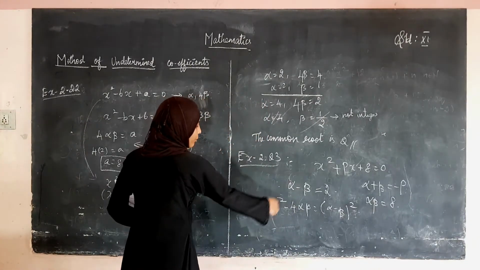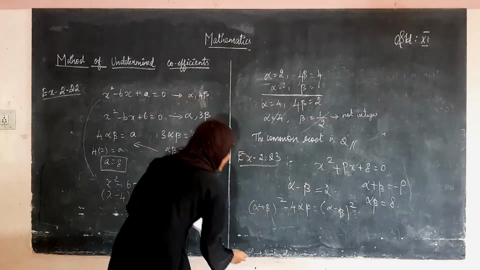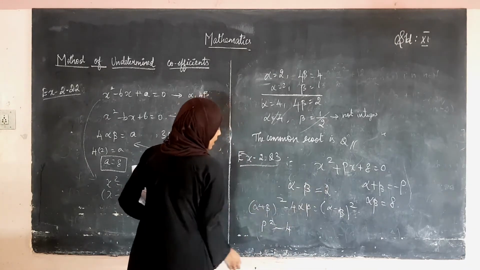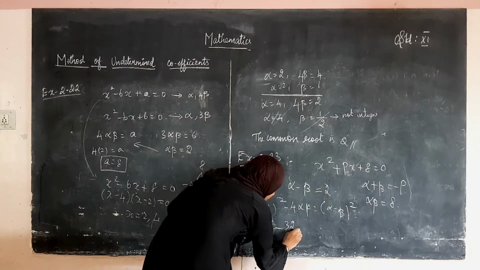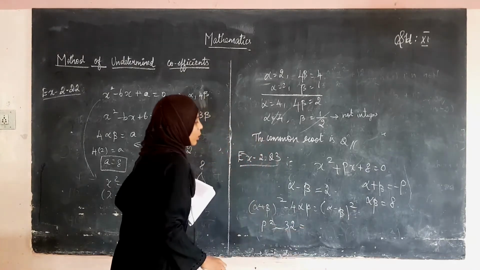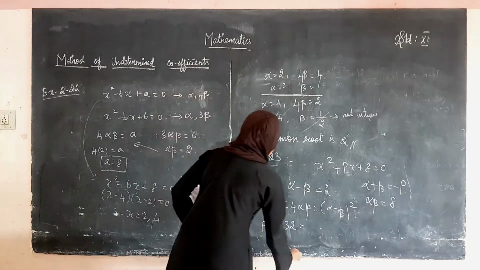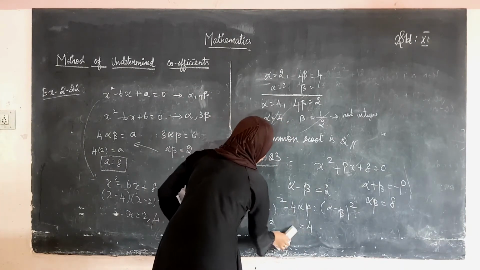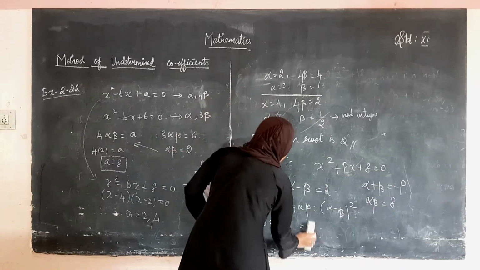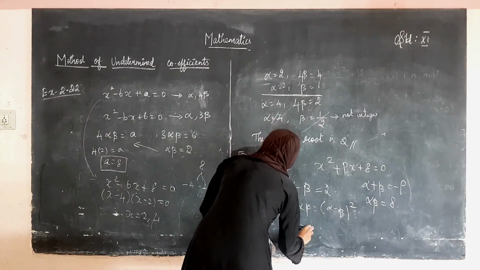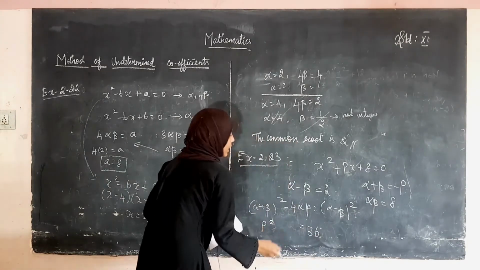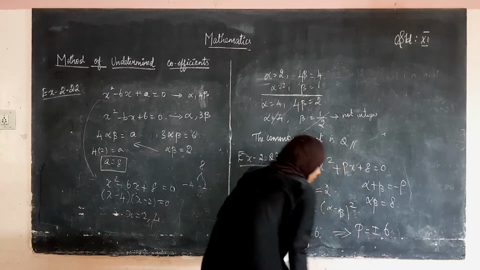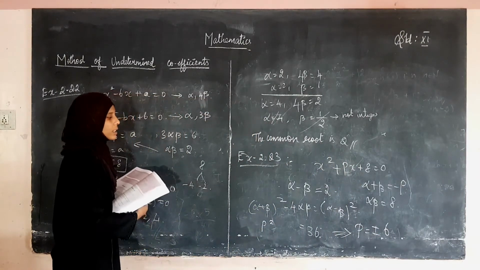Shall we substitute? What is alpha plus beta? That is minus p. Minus p the whole square is p squared, minus 4 into the value of alpha beta, 8. 8 times 4 is 32, is equal to alpha minus beta the whole square. Alpha minus beta is 2. 2 the whole square is 4. So bring this minus 32 to this side. What happens here is p square is equal to 4 plus 32, which is 36. Since p square is equal to 36, what will be the answer of p? p is equal to plus or minus 6. So this is the answer.